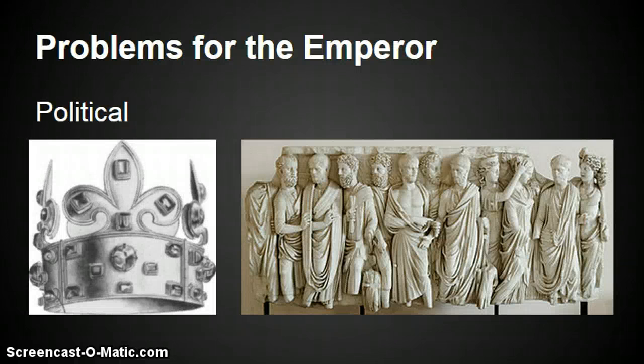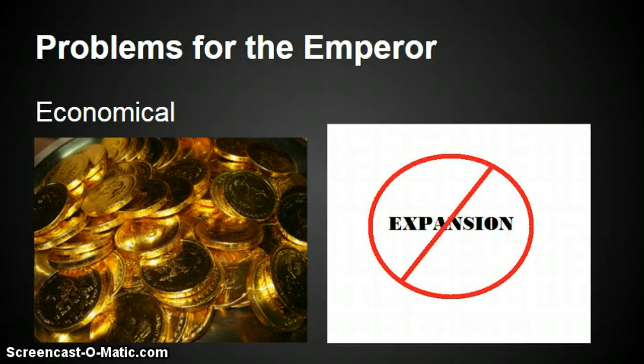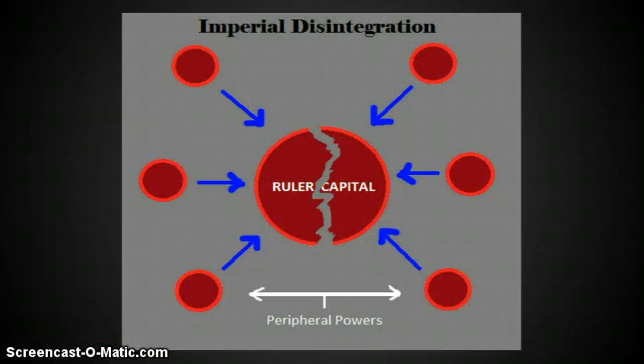It could be a political problem, such as court intrigue, an ineffective ruling system, or too much power in the hands of subjects of the emperor. It could also have to do with economic issues, like too little expansion or unwise investments that make the empire less wealthy. This central weakening gives outside powers, like surrounding empires, dissatisfied citizens, or nomadic invaders, a good opportunity to come in, destroy, conquer, or even take over.